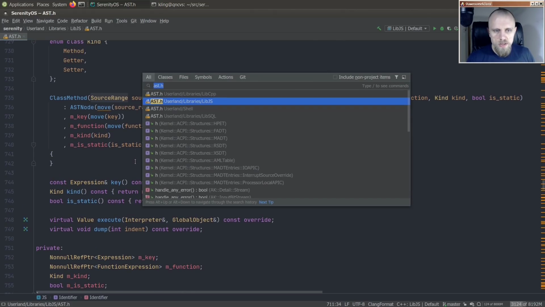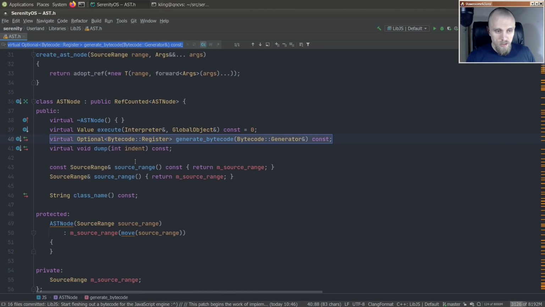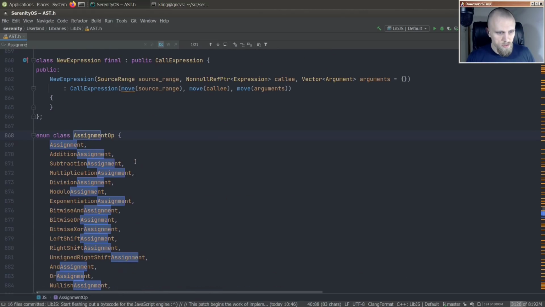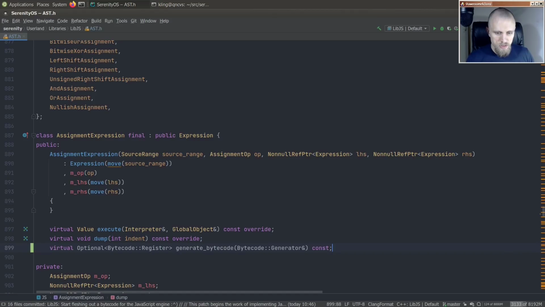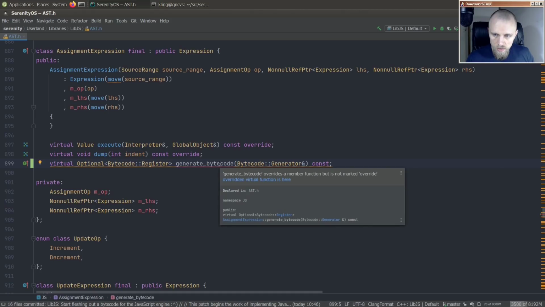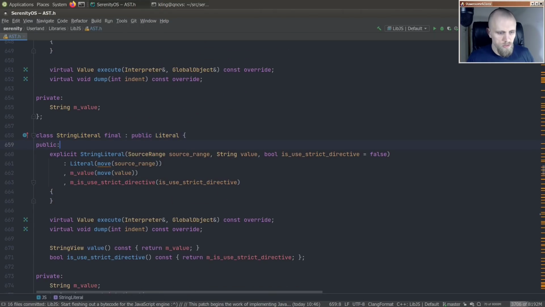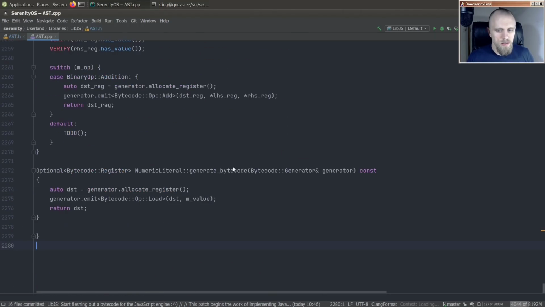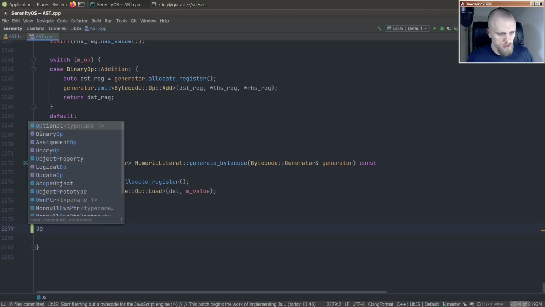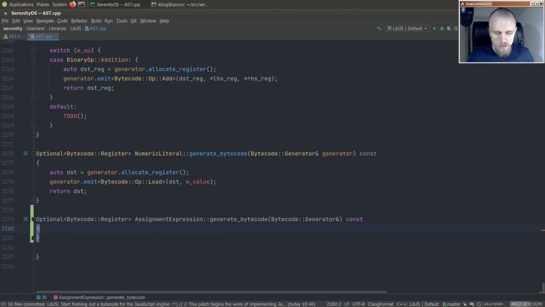So we are going to go and add the generate bytecode for, what was it? Assignment expression and string literal. So assignment expression, of course, you're assigning something on the right side to something on the left side. And there we go. And also to the string literal. Okay, and then let's go ahead and add some stubs here. So assignment expression, generate bytecode, and also for string literal,